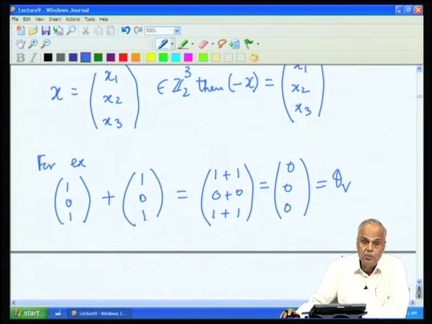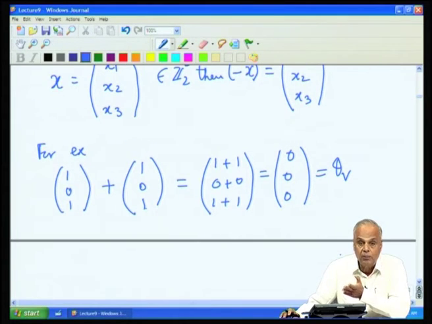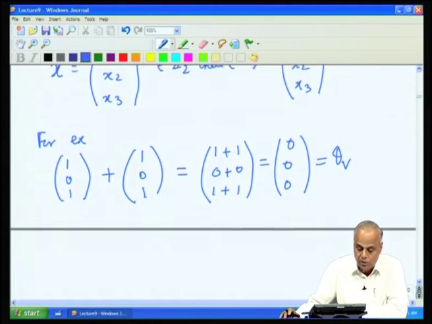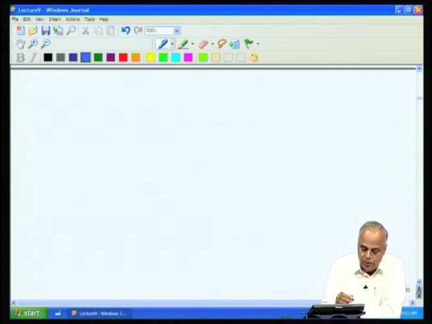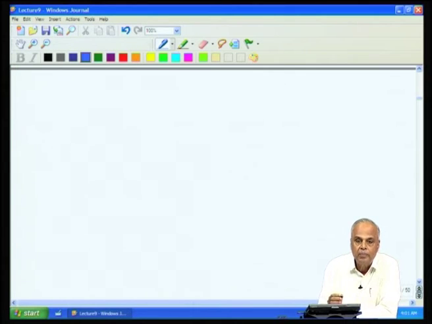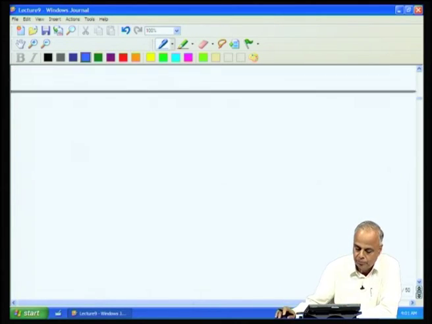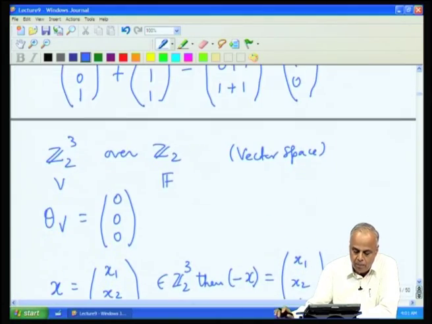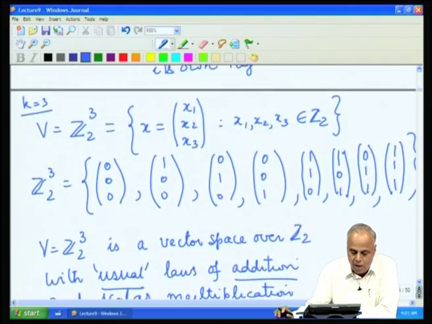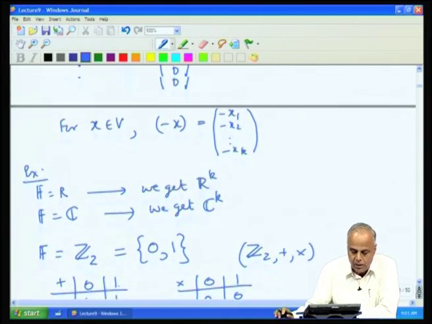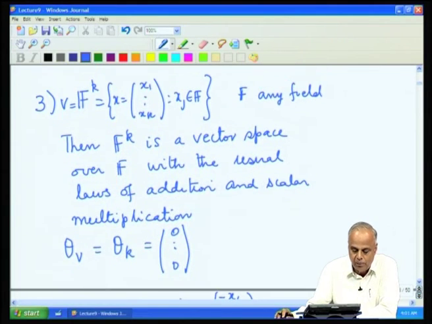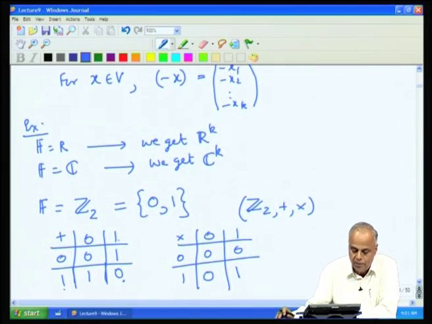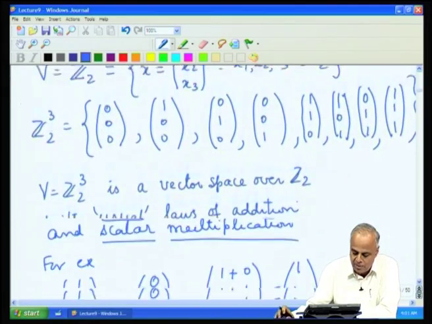When we deal with vector spaces over finite fields, we get such very peculiar things which we are not familiar with when we are talking about our usual notions of vectors. Let us look at now some more examples. So, in general we have seen that F^k is a vector space over F. Now, this takes care of the basic extension of the idea of R^k. From R^k we got the general notion of a vector space, from R^k we went to C^k, from C^k we went to F^k, and these were the examples of the various F^k's.